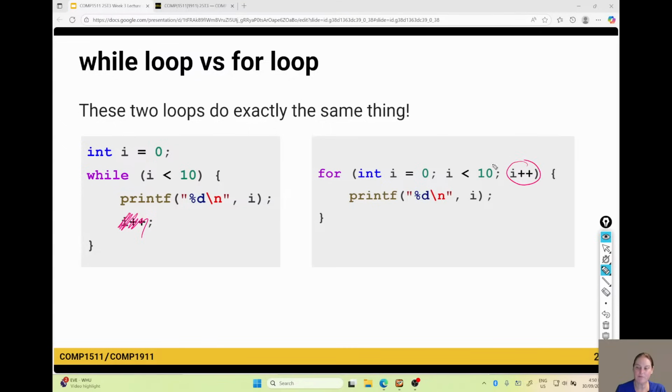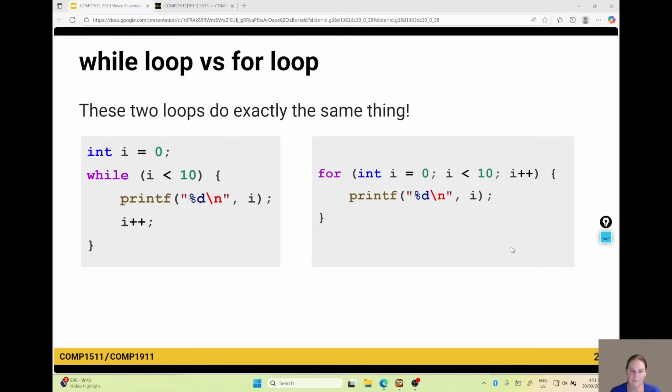It's much harder to forget that with a for loop when you've got it all here. Sometimes I forget to reinitialize my counter in a nested loop. It's harder to forget when you've got a for loop. But this is up to you. If this is something you want to get into using, you can. You don't have to.